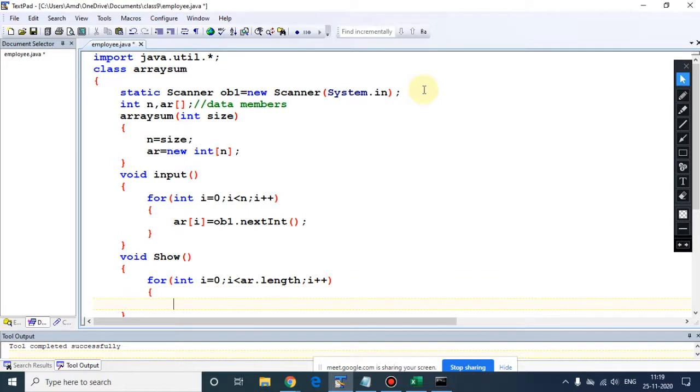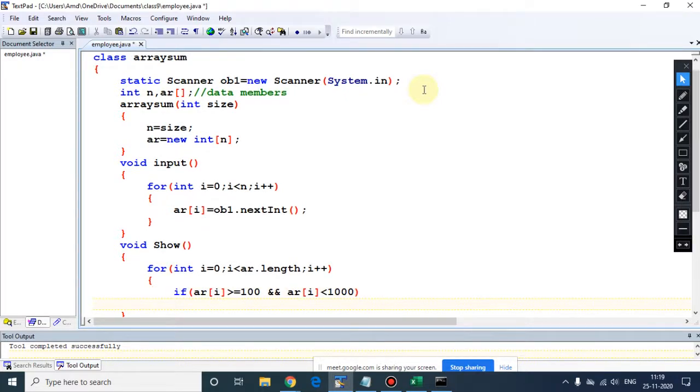After that, simply putting a condition on the same element, and if it is coming in this criteria, that means that number is having 3-digit, then we need to calculate sum. So simply we are adding that.